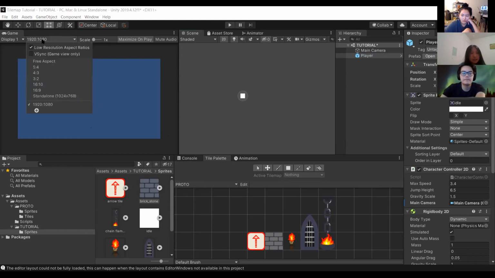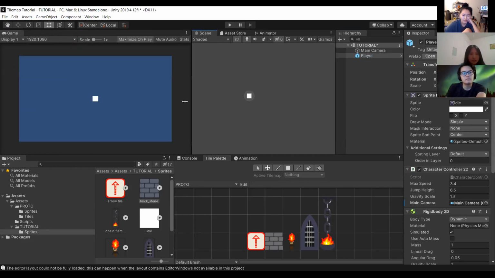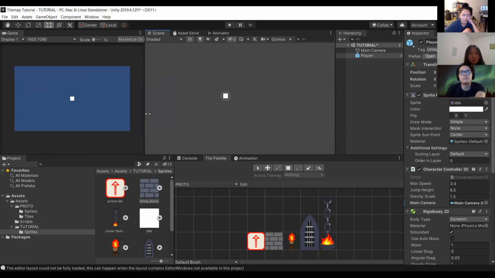I have set my dimensions over here to 1920 by 1080. That is just a standard computer screen size. You can set it to free aspect, which means when you resize this screen, this area resizes with how you drag your game view.